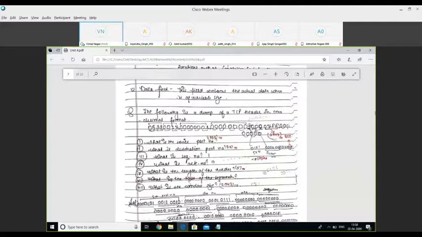So this is the question: the following is a dump of a TCP header in a hexadecimal format. Find out what is the source port number, what is the destination port number, what is the sequence number, what is the acknowledgement number, what is the length of the header, and what is the window size. If you are not aware of the format of the TCP header, you won't be able to solve this kind of question.